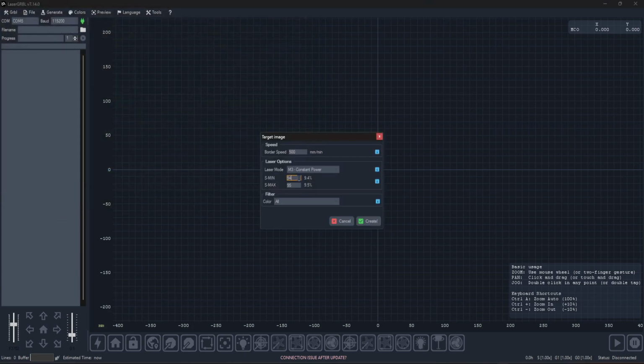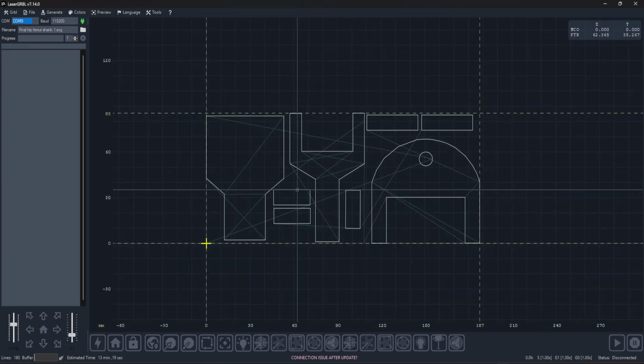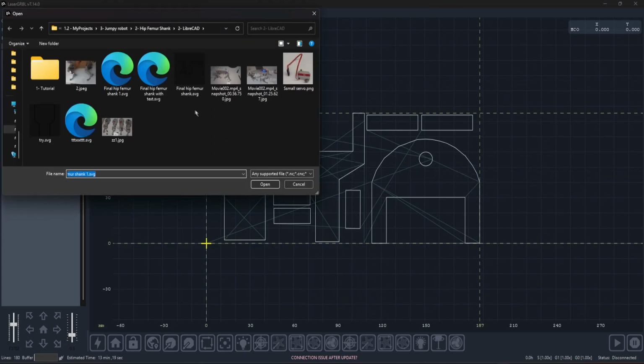So what will happen? I'll set the laser power to 100 and the speed to maybe 100. I want it slow, and cut it. Okay, so this is the design, and then I'll go again to append the file, and now I'll